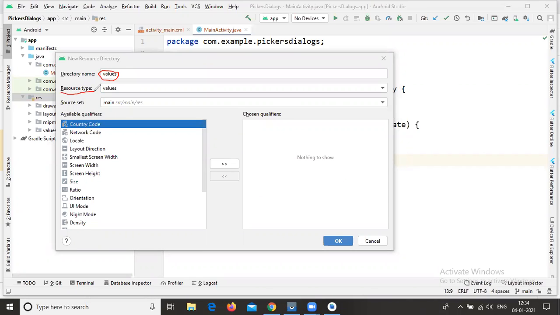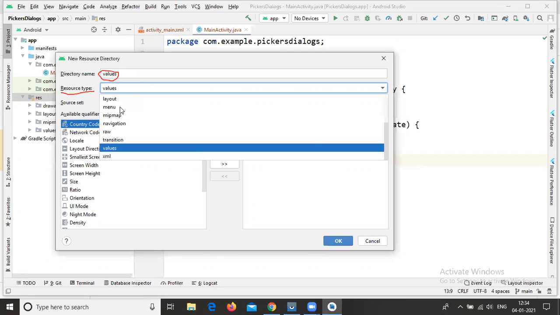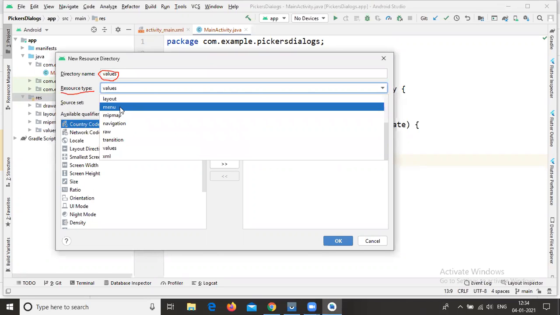Just click on this drop down. In the suggestions, you can select the menu option. Just select menu.